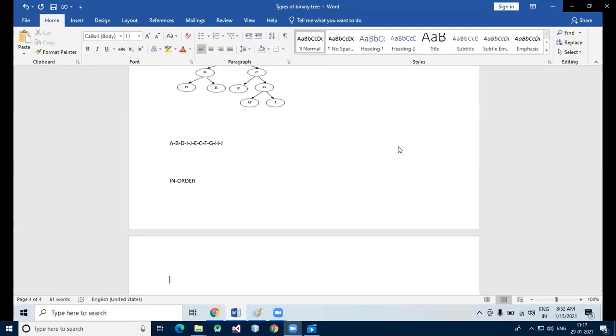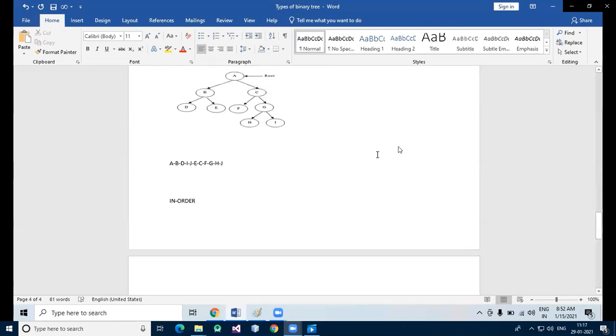A has C as its right child. Again C has a left child, that is F. Then F has only a right child, that is, F doesn't have a right child. Then we move to G, which has H and I. Then visit C and move to the right. C has a right child. So in-order traversal, in this example, means we have to move from